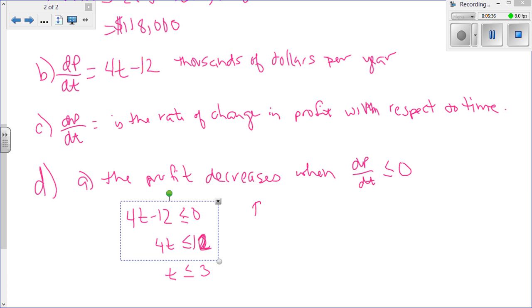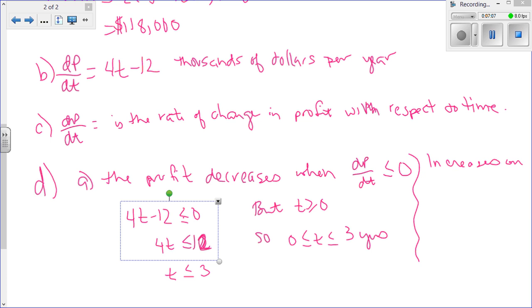But something we have to be careful of, time has to be greater than or equal to 0. So 0 less than or equal to t less than or equal to 3 years is when I am decreasing. So that means it increases on previous years